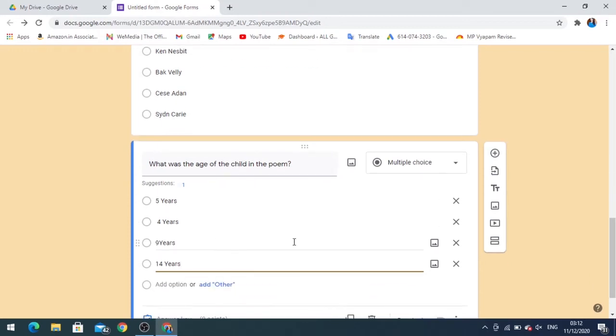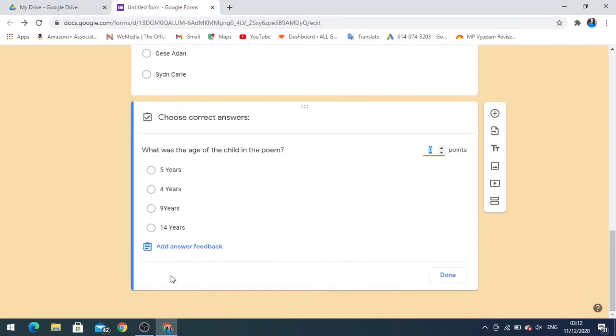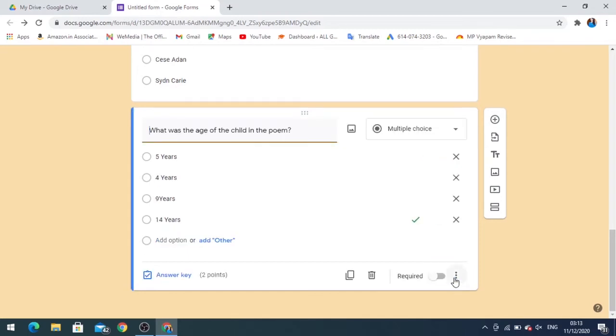So we have given the options. Same thing, you have to do it again. Click on answer key, select the right answer and then give the points. Again, I am giving it 2 points and then click on done.